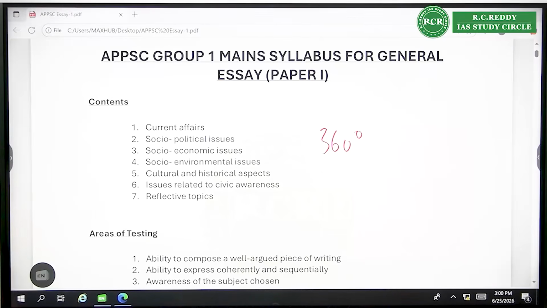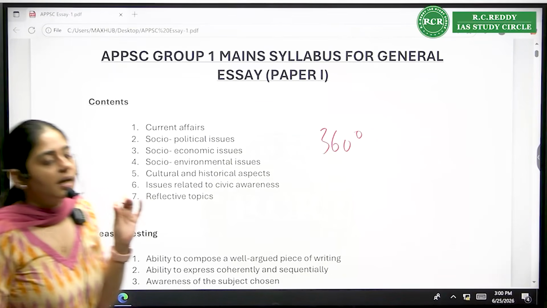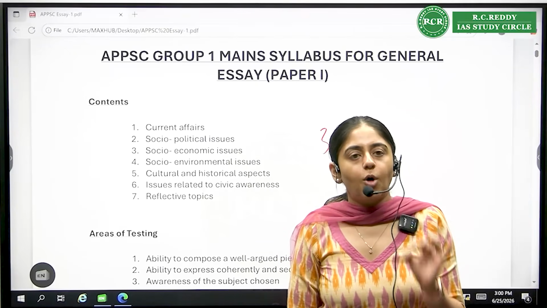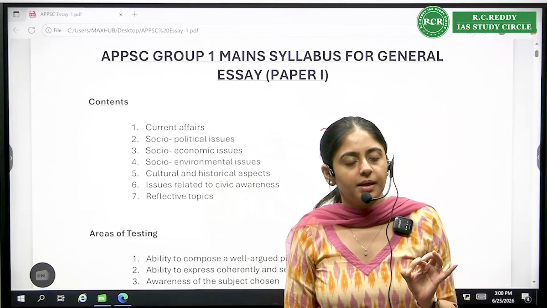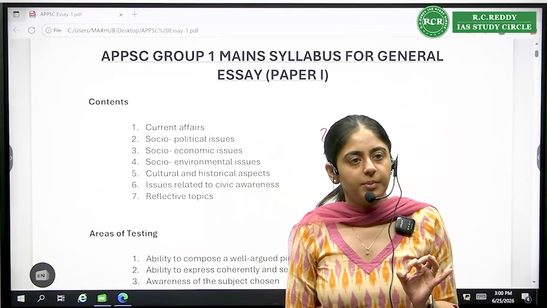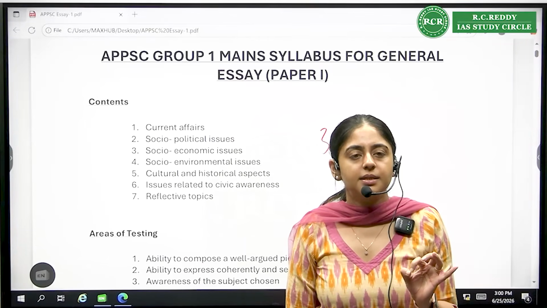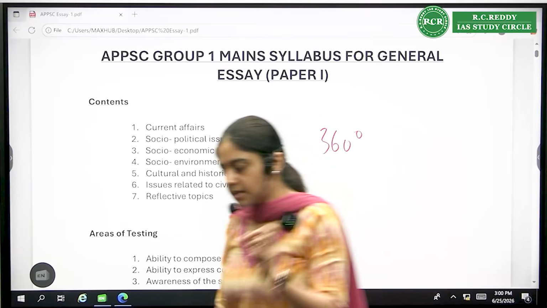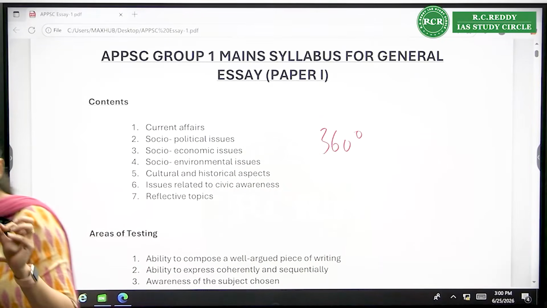Then the third question you have to ask, have I talked about or written about this topic comprehensively, in and out of the subject topic? If the answer is yes, it means your essay is good, right? So in the last, write these 3 questions you have to ask yourself.